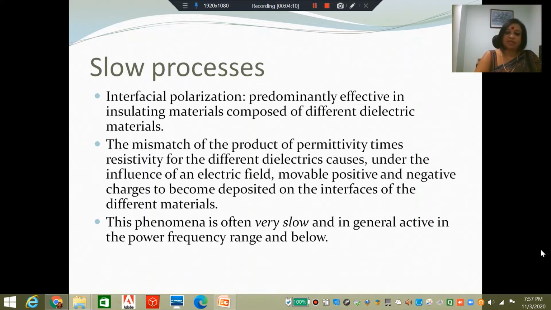Now what you have is a mismatch between the permittivity of the two different materials, and you also have a mismatch in the conductivity. So depending upon the mismatch of permittivity, the stress distribution, let's consider two layers of material. Let's not bother about two different phases or filler particles. Let's say we have two layers and there is an interface between the two layers. Now what happens is, because you have a mismatch in permittivity across the interface, the stress across the interface will be different. One of the materials, the one with lower permittivity, will be very highly stressed,